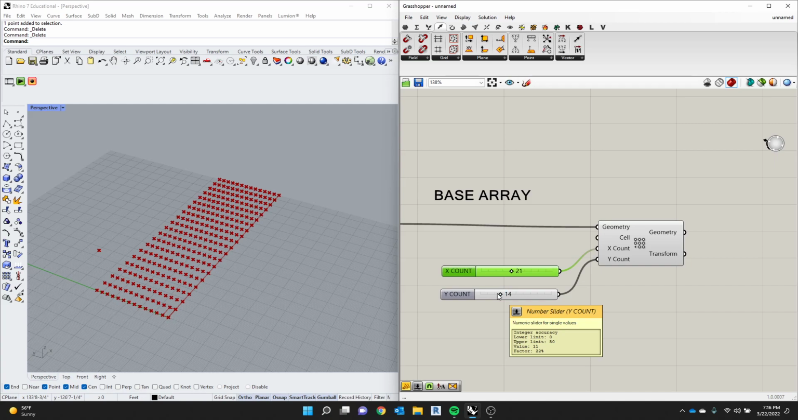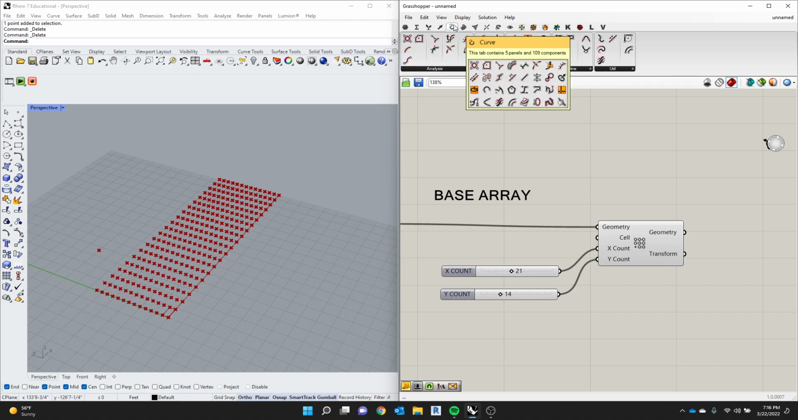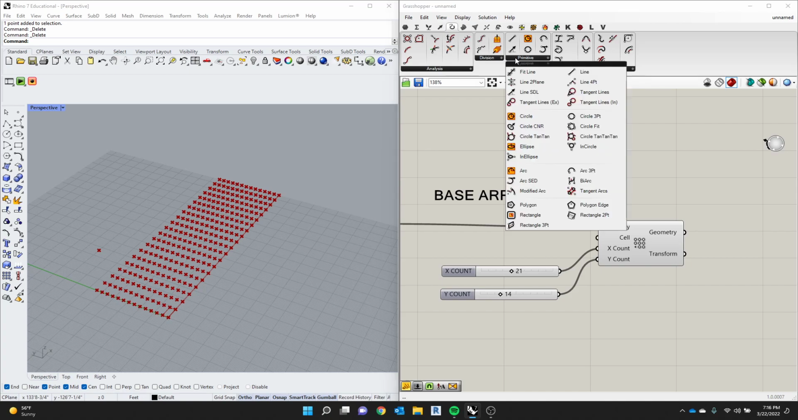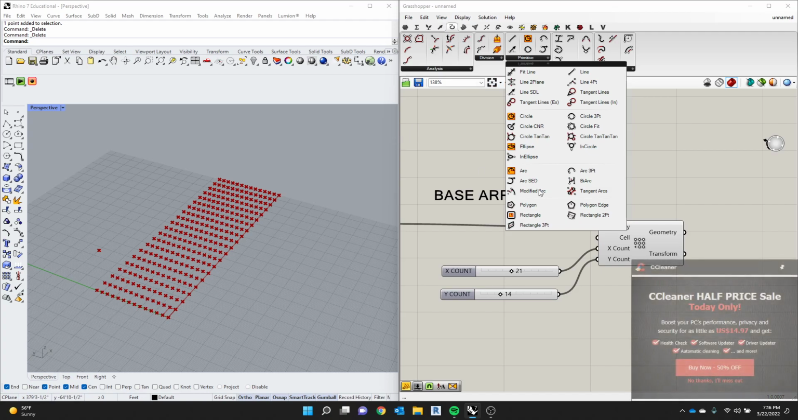So there's a bunch of different ways to draw lines. So in the curve tool, if I go on to the third tab over, or whatever you want to call it,